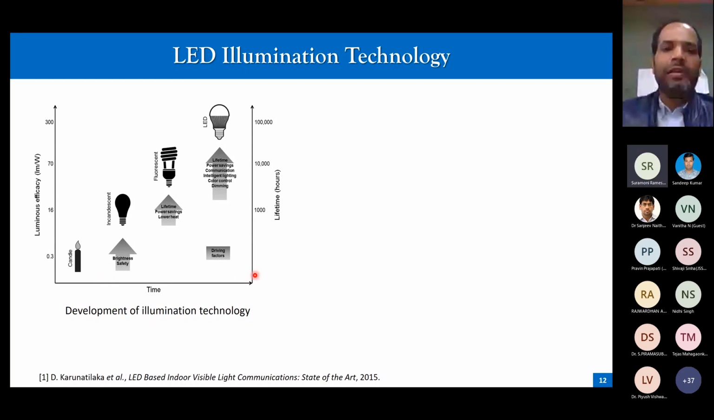The second, if we come to this axis, is lifetime hours. That means how many hours a source can work without failing. For LEDs, this is about 1 lakh hours. This is also much larger than that for fluorescent and for incandescent. So both in terms of